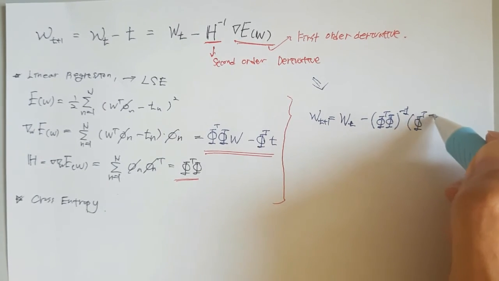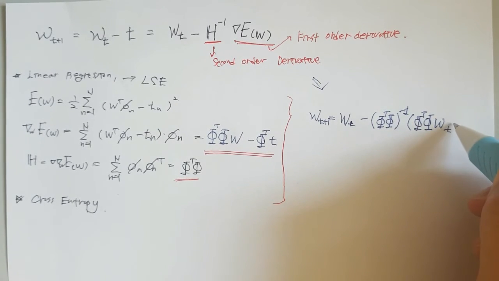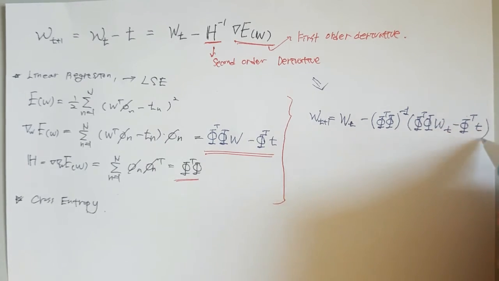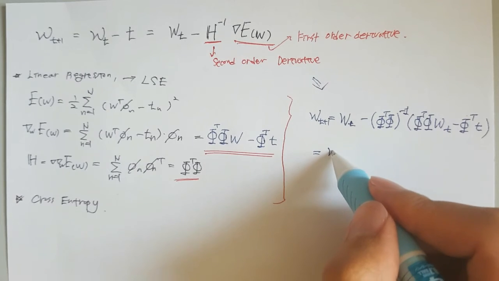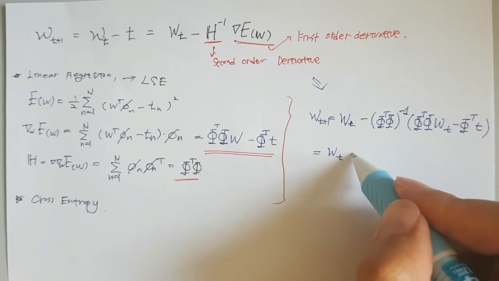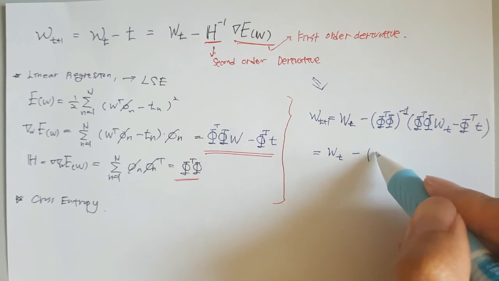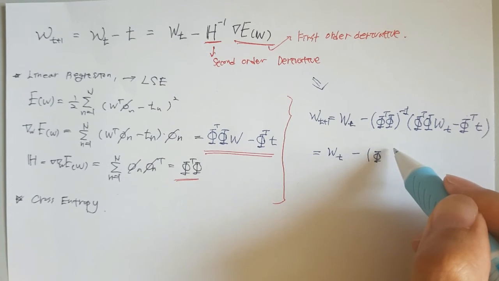Now you can understand why I used matrix form, because it is way better to calculate this form. So I will expand the equation, then